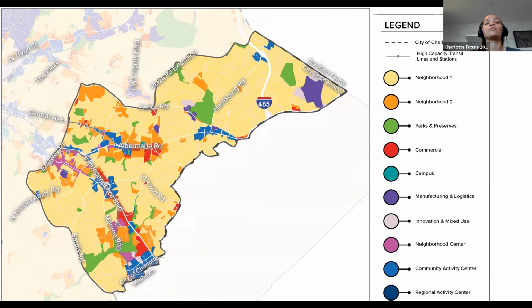Do you think there are areas where adjustments need to be made on the map, or any concerns on the map and the place types themselves? I think it's hard for me to do that unless it's how walkable anything is.